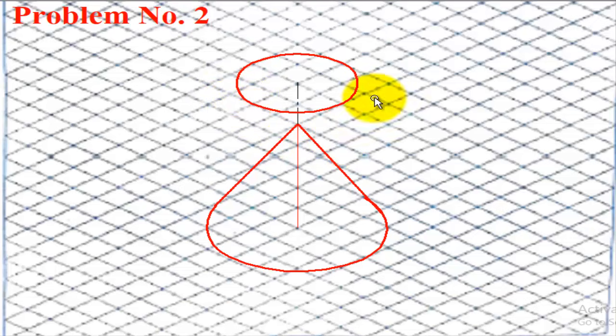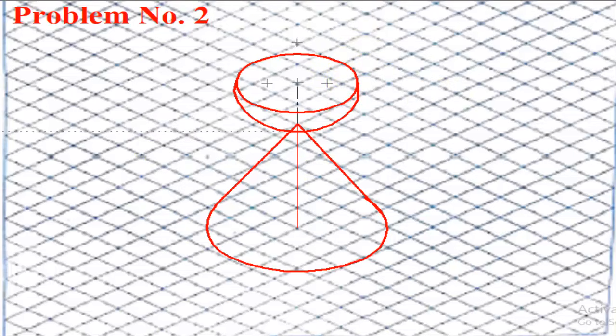While drawing this arc, it should be taken with the actual radius of 20. So take the normal scale, measure 20, take the compass, put the center here and draw. When you draw it, it will not touch this circle, because we have taken the actual dimension. So take it a little lower, and draw the arc up to here. The remaining portion you can draw freehand, joining it like a tangent.